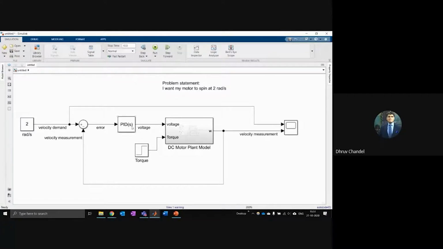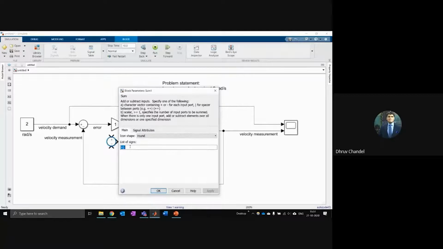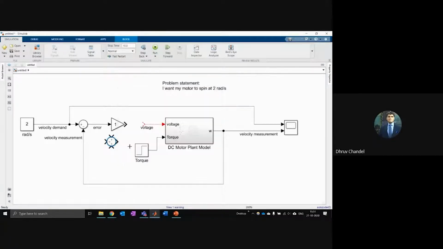So what happens inside my PID control? Actually, let me just show you without this block. I can make the controller by myself. PID stands for proportional integral derivative. The idea is that I basically take my error signal, multiply it by something, and then feed that as an input to my motor controller board, which sets the voltage.